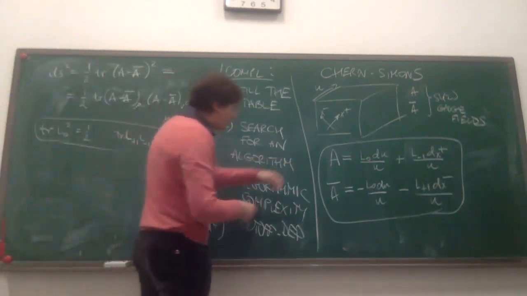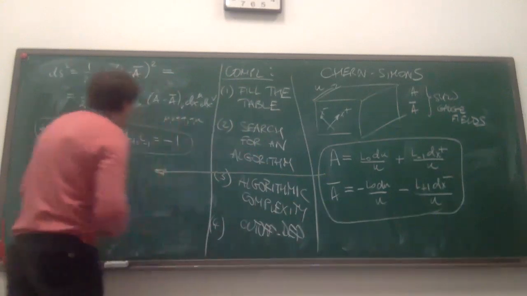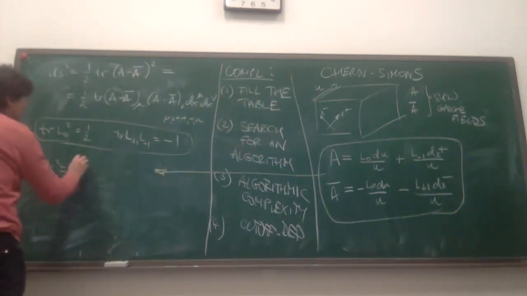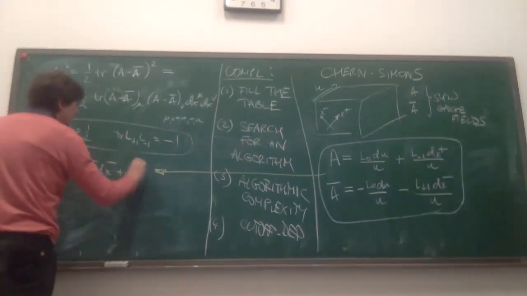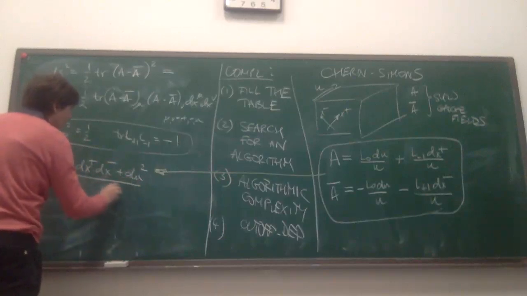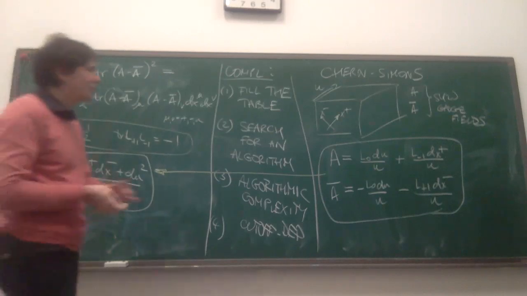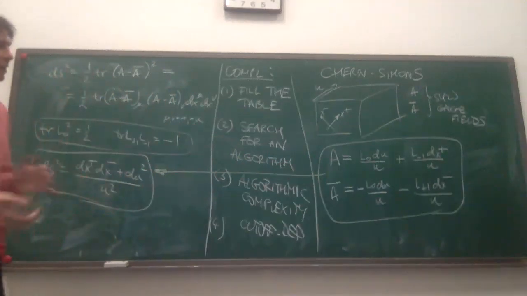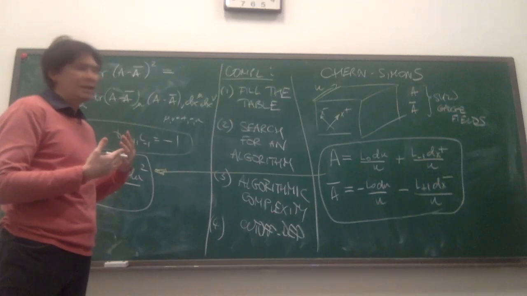So for this particular solution, which I wrote here, if I follow this procedure, then the answer will be dx plus dx minus plus du squared over u squared, and we recognize this as the pure AdS3 solution. So this solution represents pure AdS3. If I had chosen some other solution, then I would be describing some other geometry.